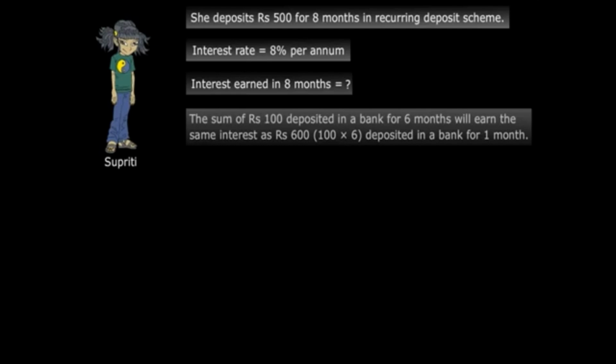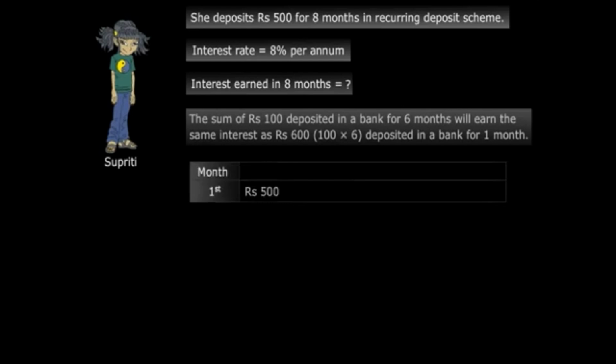Right? So as Supriti deposits the amount for 8 months, the amount deposited by her in the first month will earn the interest for 8 months. The amount deposited in the second month will earn the interest for 7 months and so on. So let's start. She deposits rupees 500 in the first month. Now this amount will earn interest for 8 months. So this means that rupees 500 for 8 months is nothing but rupees 500 into 8 for 1 month,